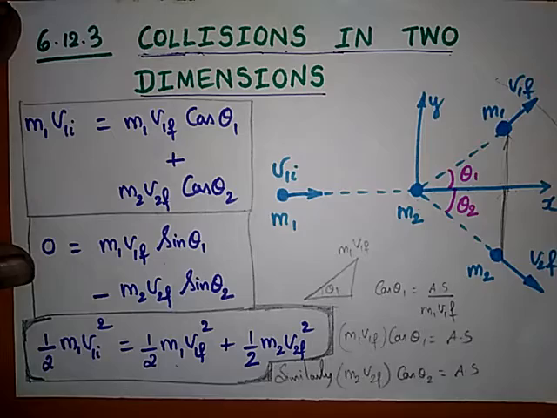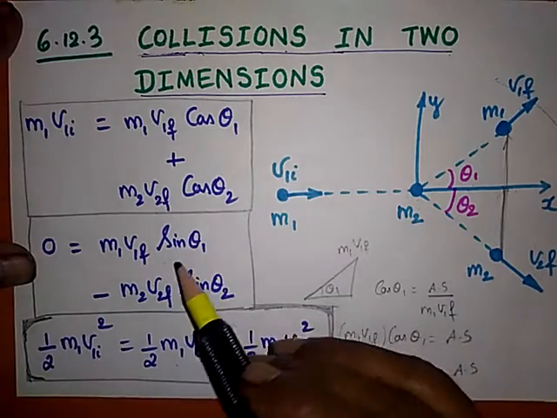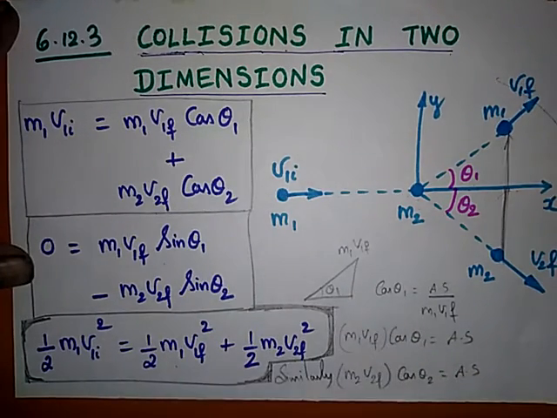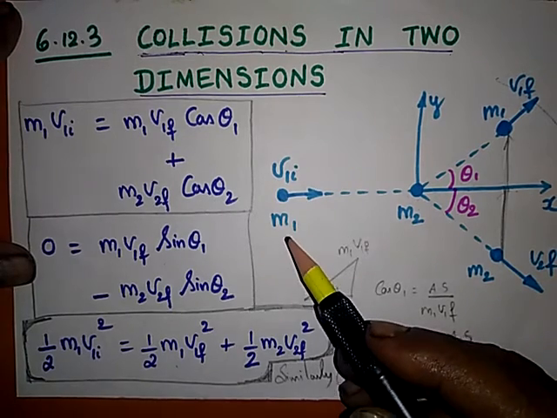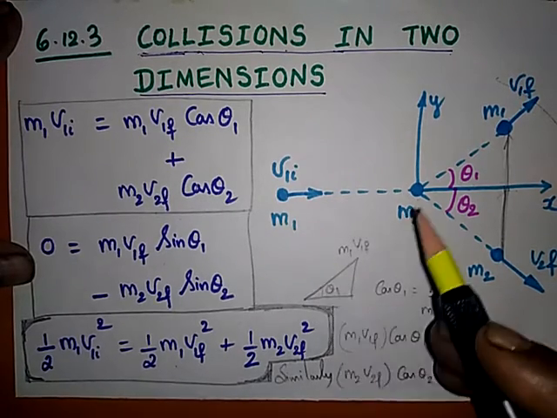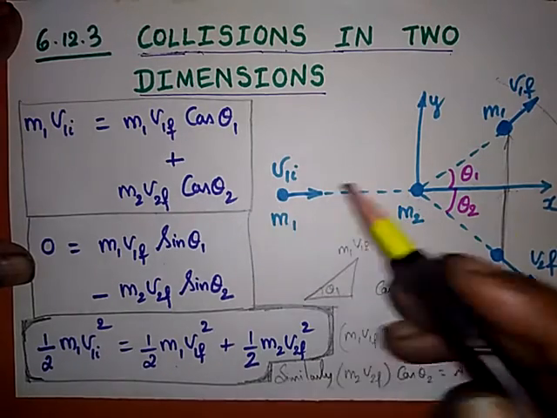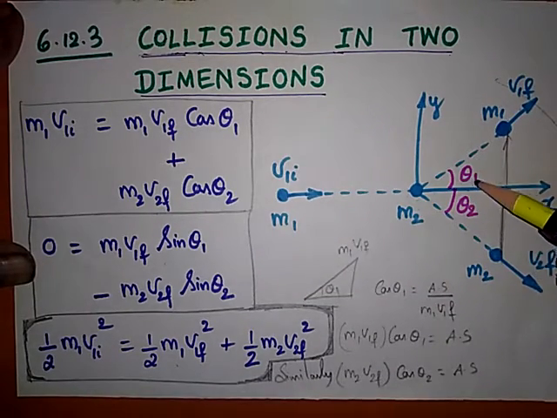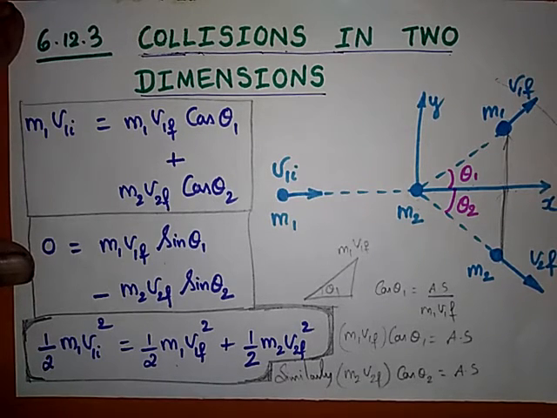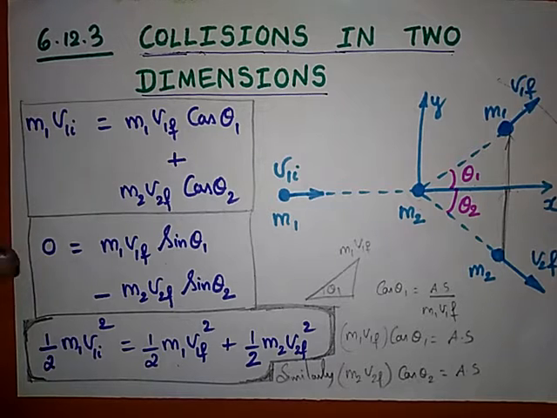Similarly, sin 0 is 0, so you won't get anything in the vertical direction. If we know the values of m1, m2, initial velocity, and any one angle, theta 1 or theta 2, we can always find the other values like v1f, the final velocity of object 1, and